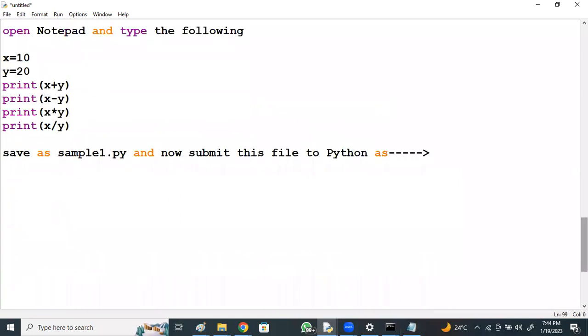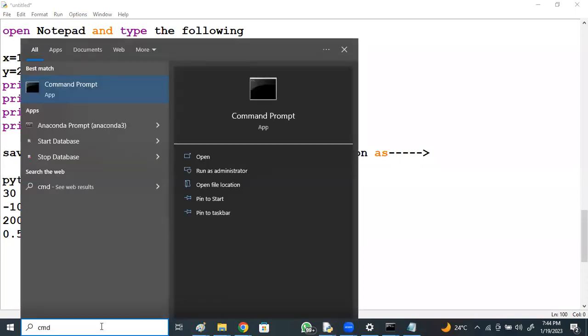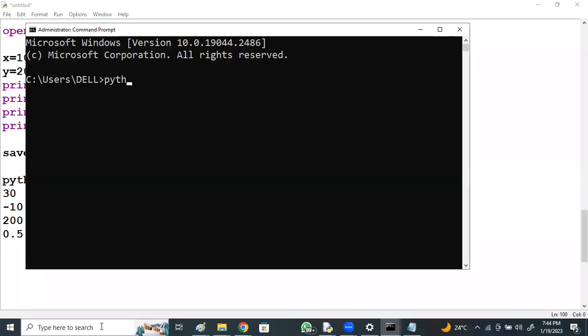So one thing, we have given this users and del Python. Even if we don't give it, it will do that, because the path which you have used, we have installed Python directly in the C drive that way. So even if we directly type Python in the command prompt, it will give this result. These are default users and del. That is a default. It has gone and stored there. That's why it is giving.